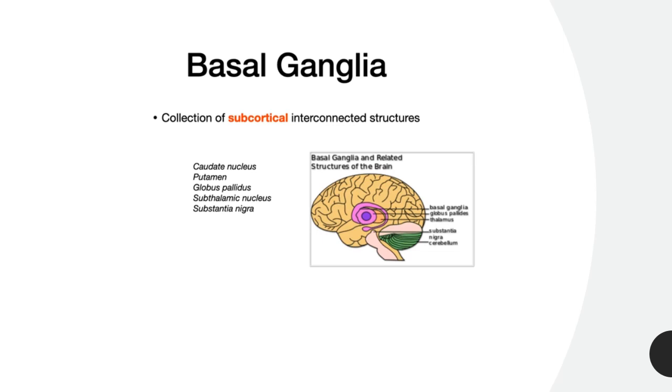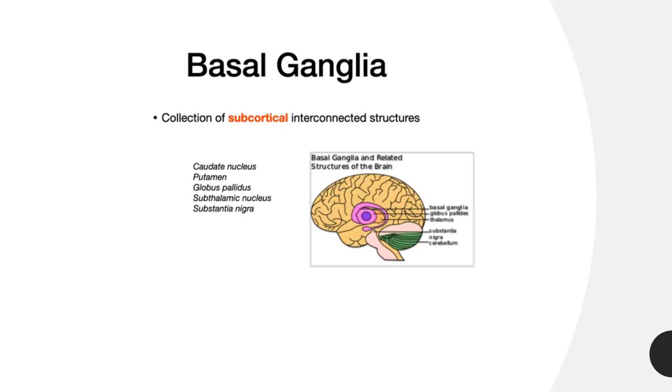But when something is subcortical, it means below the cortex. So if you look at the brain, the outer peripheral part of the brain, the meat, if you will, that's all cortical. That's all cortex, right? Frontal cortex, parietal cortex, temporal cortex, etc. So anything deep to that is subcortical, and that's what we're talking about with the structures that comprise the basal